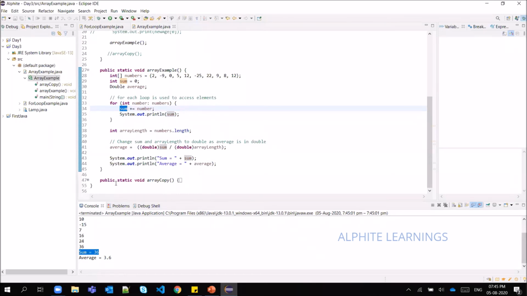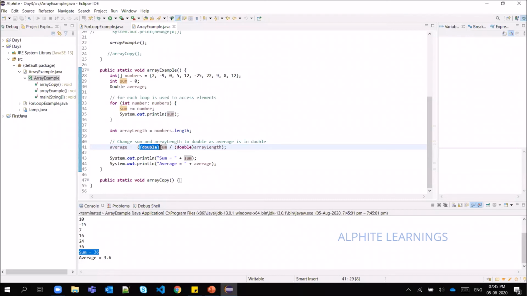And we have calculated the average over here. So for the average, I have given double sum. I'm just changing the data type. Initially I had given int, and I'm changing the data type into double, to be on the safer side, in case I get the value in decimals. If you want, you can change it to float also, but normally in the program we will use double.